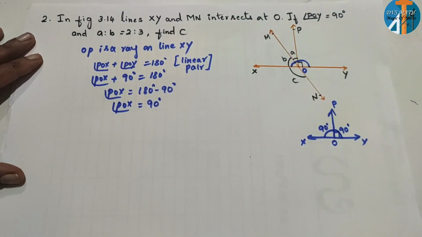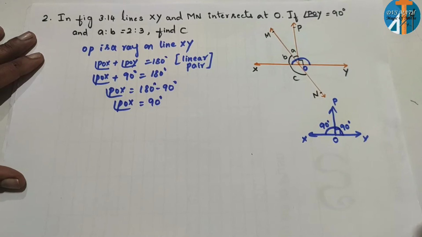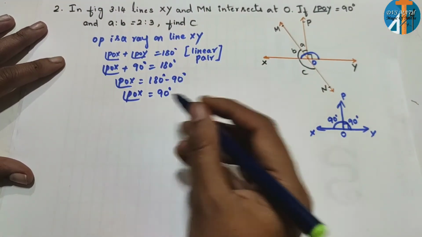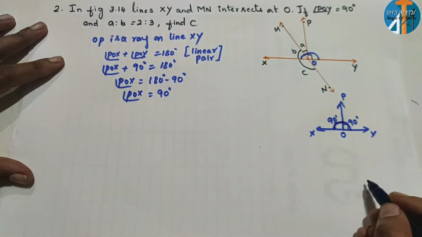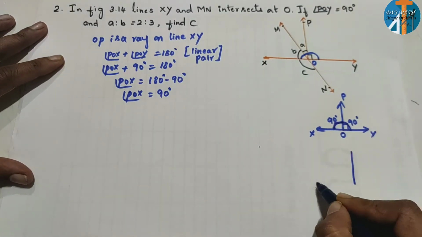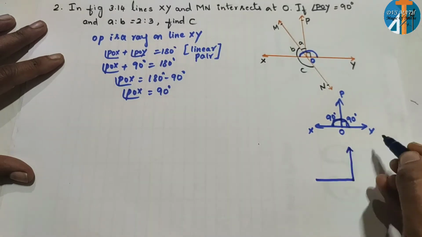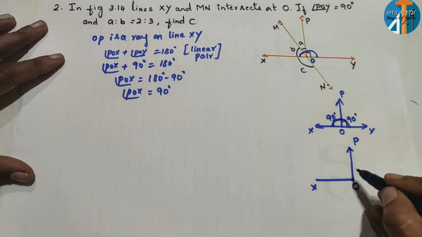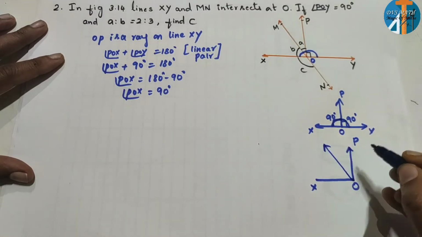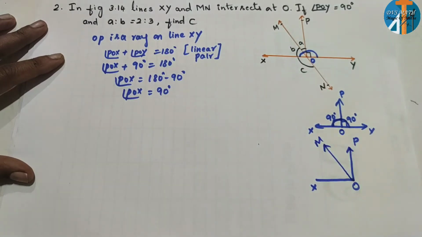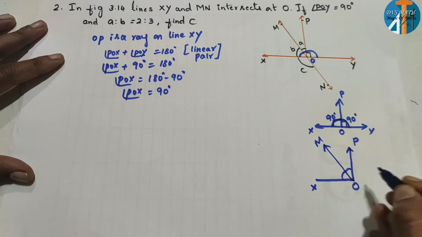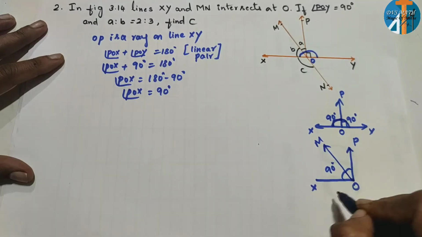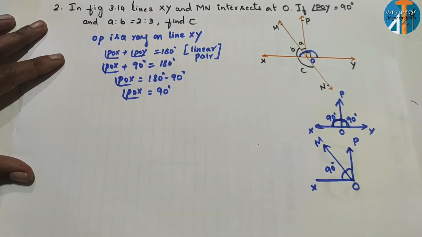Now in this only we are having the ratio, right? That is A is to B. They have given it. Now let us consider the ratio. If I consider the ratio, this 90 degrees can be divided. Now what is happening here? Now I am writing a separate figure, observe. So now this is POX, right? In between this we have another ray, that is OM, right? If we add these two angles, you are getting 90 degrees. That means angle POM and angle MOX or XOM, you can consider XOM or POM.